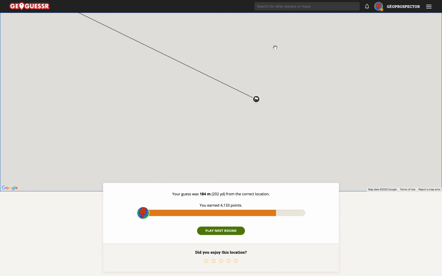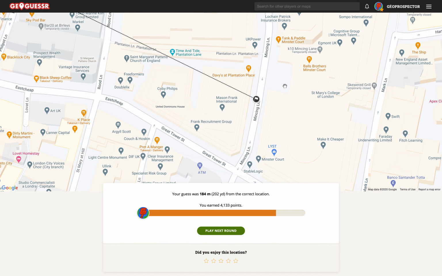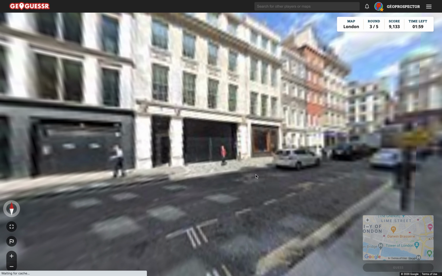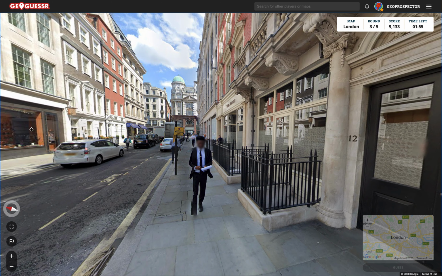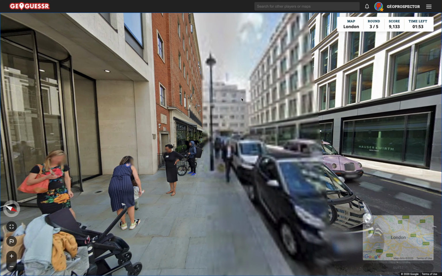That is the, they sort of cut out with the glass roof over it from the building that you could see there. So let's play the next round and see if we can improve on that. Definitely enjoying the restricted movement. Actually, that's